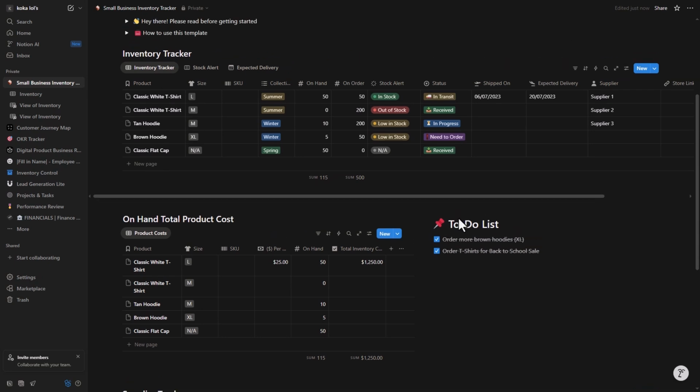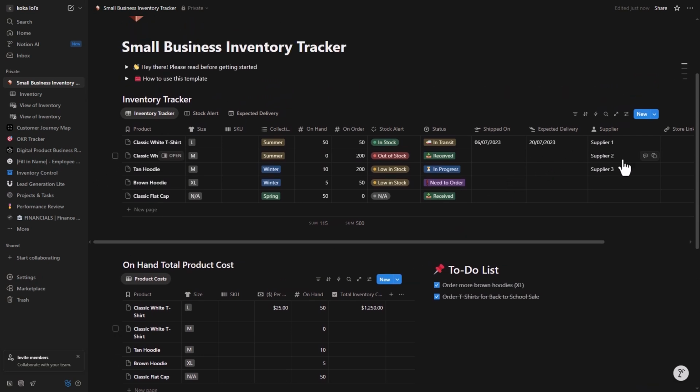You can customize the template to fit your needs, for example, add fields for unit costs, selling prices, warehouse locations, or even barcodes. Tagging items by categories or suppliers makes searching items and filtering super quick. Switch between different views depending on what you need: a table view for detailed stock info, a gallery view for product images, or a board view to track inventory